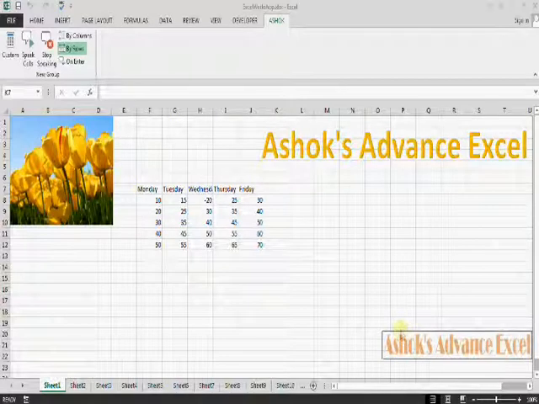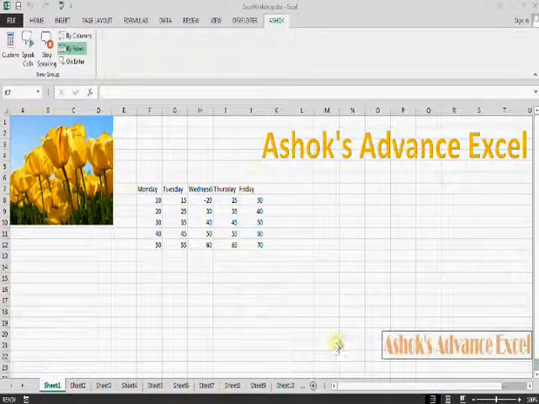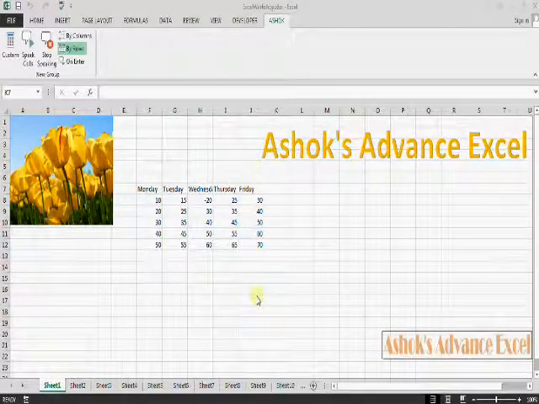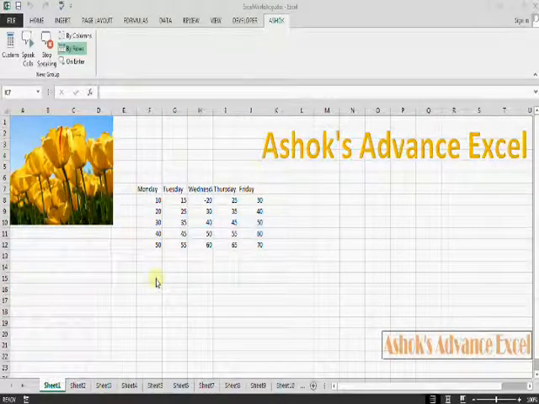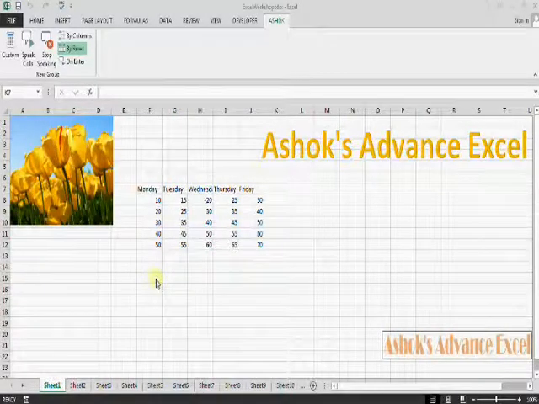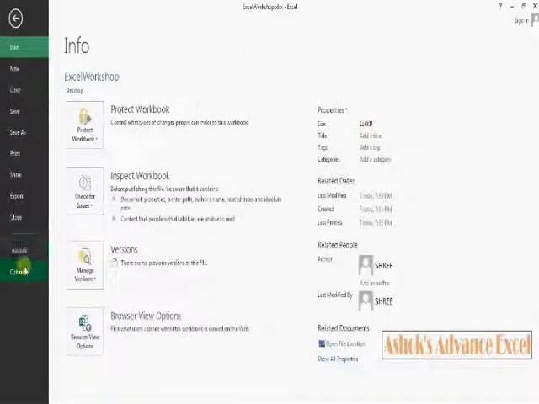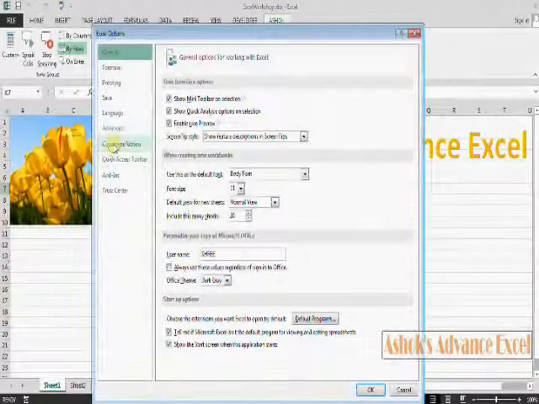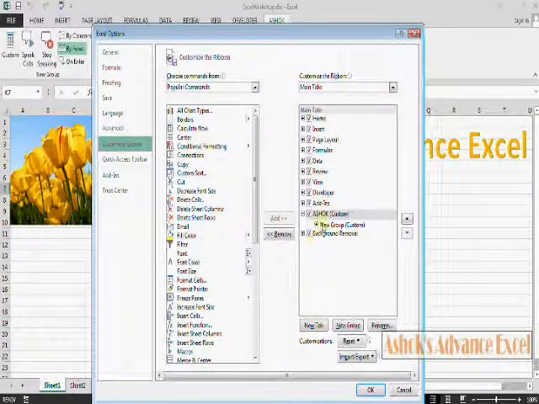Most important thing is how to remove this tab which we newly added, or the developer tab in which we added one command. So it is very simple. Go to options, customize ribbon, select the newly added tab, sort it first.